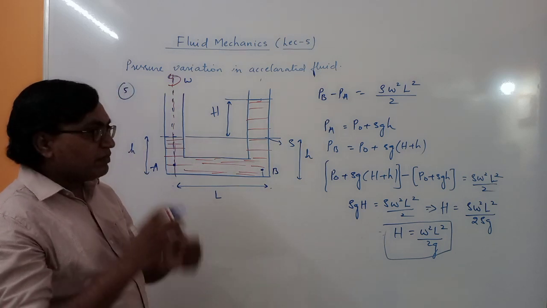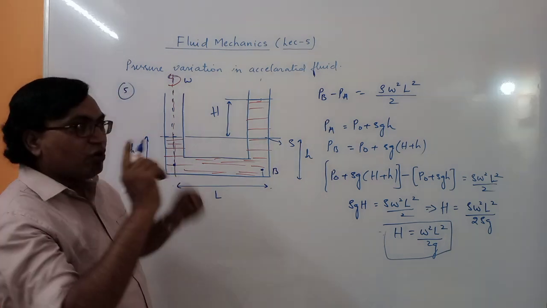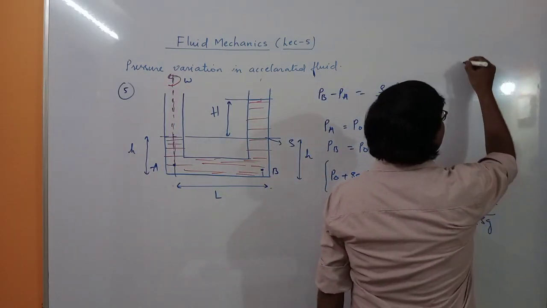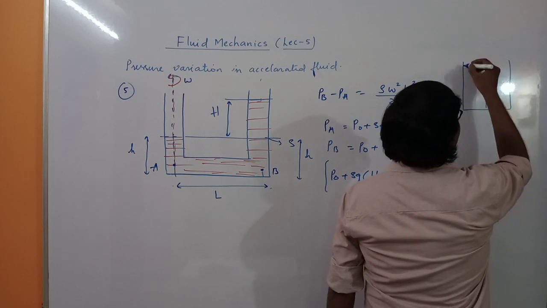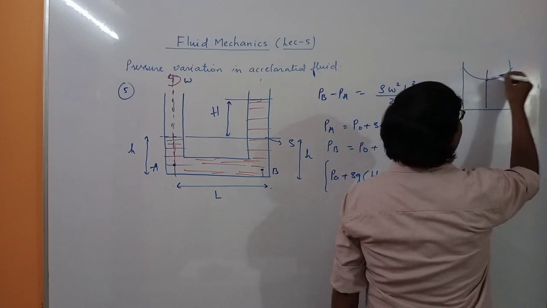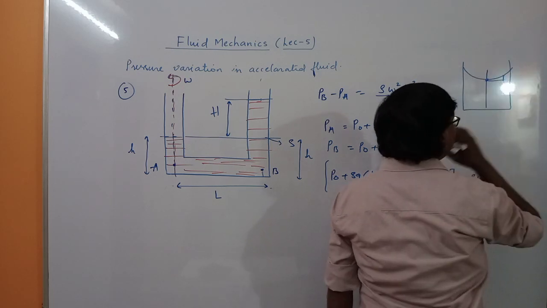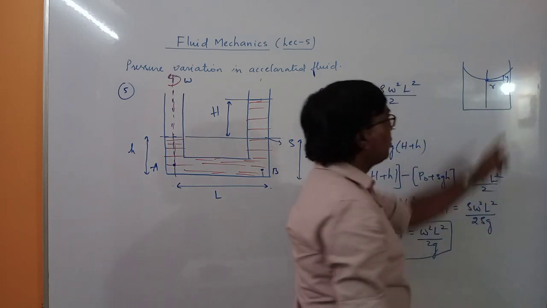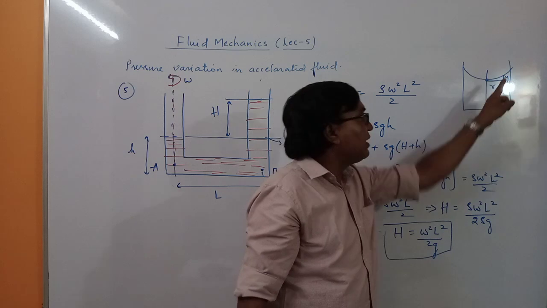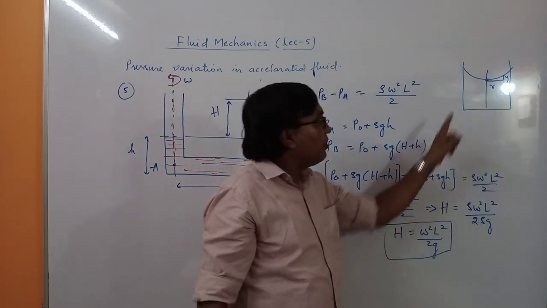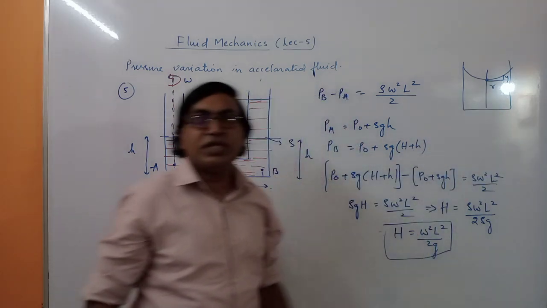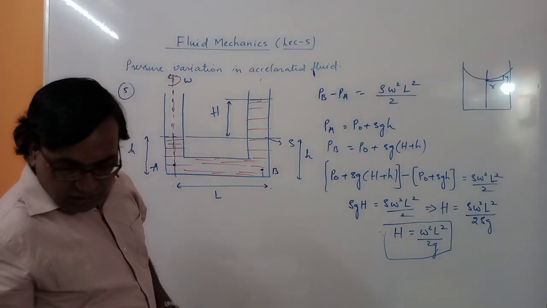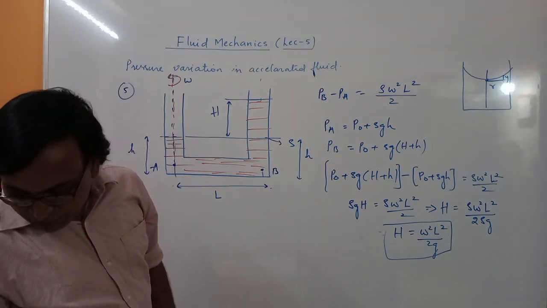The difference in heights in a rotating fluid. Yes, all the concepts are related. If you take this point and this point, if you go a distance of r, you have y. So y is equal to omega square r square by 2g. Okay, so simple. Now let us have one more problem.